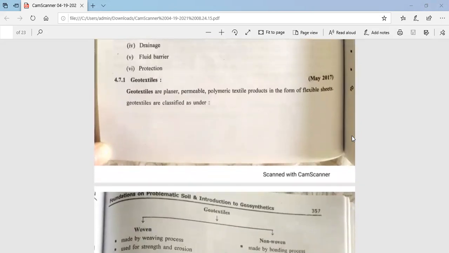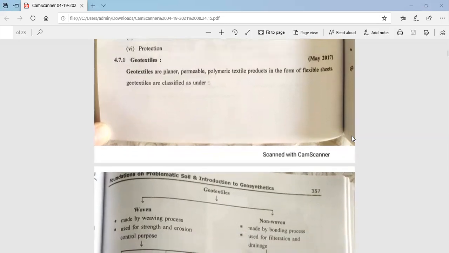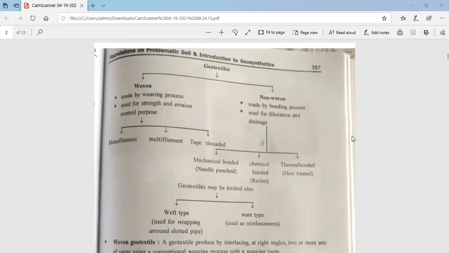So geotextiles are planar, permeable, polymeric textile products in the form of flexible sheets. So geotextiles are classified as under. It's divided into two parts: first one is woven, which is made by weaving process and used for strength and erosion control purpose, and second is non-woven, which is made by bonding process used for filtration and drainage, right? And woven is also classified into three types, which is monofilament, multifilament, and tape